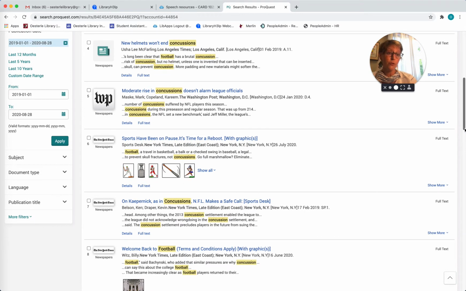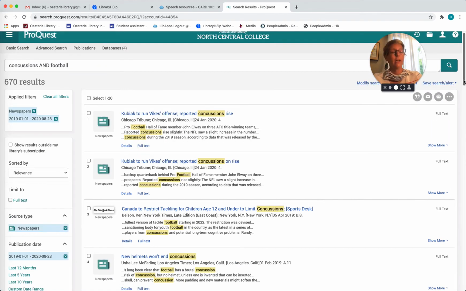The other option you have when you're looking at ProQuest Newspapers, this is a collection of major United States newspapers. If you know that you want to look at a particular focus, maybe you want to see in the Chicagoland area how the Chicago Tribune is reporting on a topic, you can use the publication title option to select a specific newspaper. Now that we've made our refining selections, we can start to look at the actual results themselves.